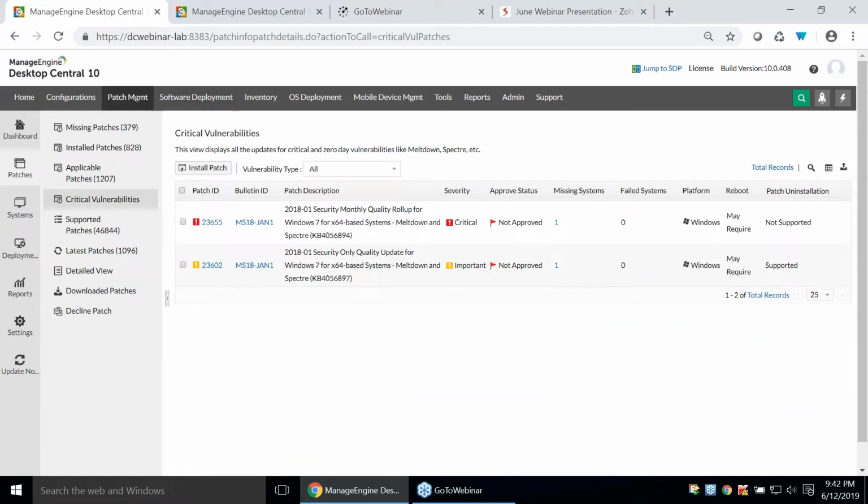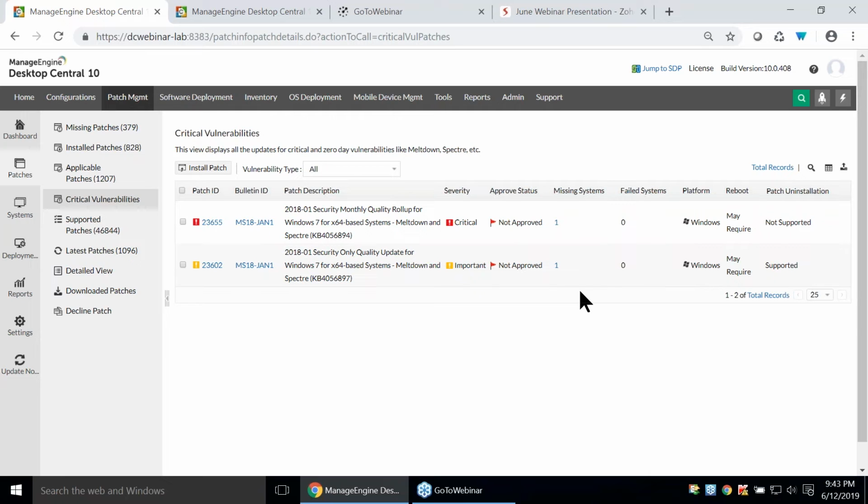We always listen to our customers when it comes to any type of feature request. So whenever any feature request comes in, we will work on it very closely. We'll collect more known cases, more information from our customers, and we'll deliver it on the time we promise. So that's how we got this critical vulnerability feature, where you don't need to go with the manual deployment. Just come up here, any critical patches, a 0-day critical patch or a Meltdown or a Spectre patch,